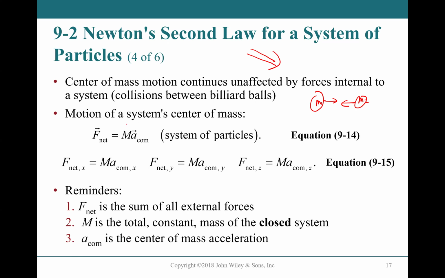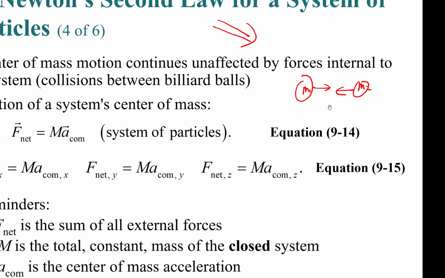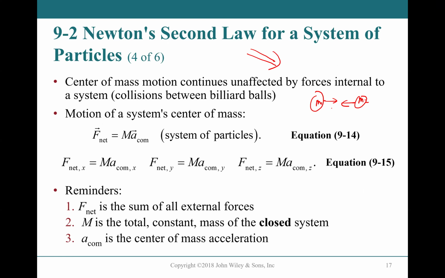So that's why here, motion of the center of mass of a system, because you can say these two, if they are internal forces, F12 and F21, they are oppositely directed, right? So the effect will cancel out. Okay, so if you do F net, the internal forces will be canceled out. So that's why here F net will be the sum of all external forces. So it's from the outside.